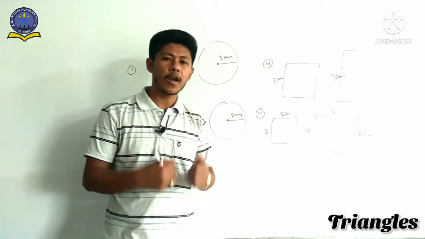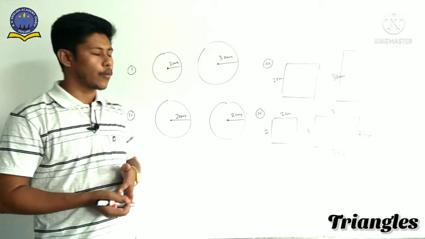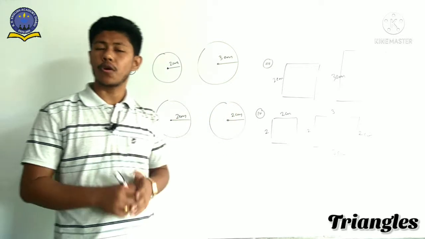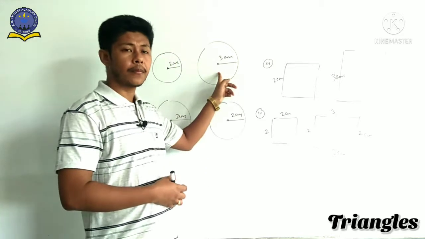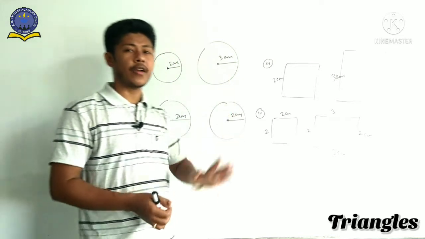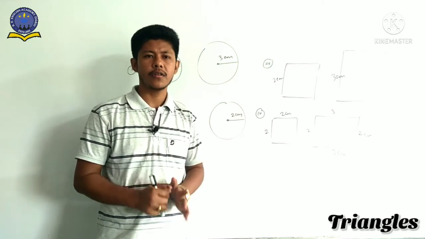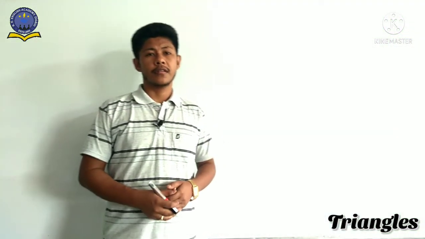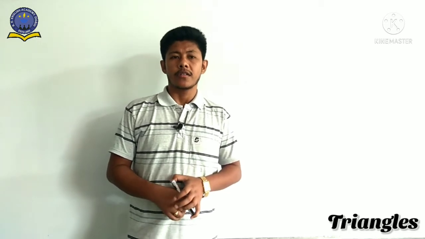If we repeat one more time, what is congruent? If anyone asks you, what do you have to say? When shape and size are the same, then it is congruent, and when shapes are the same but sizes are different, then it is known as similar figures. All of you understood? Okay. Now we have already discussed the difference between similar and congruent, isn't it? In the case of similar figures, there are some properties.